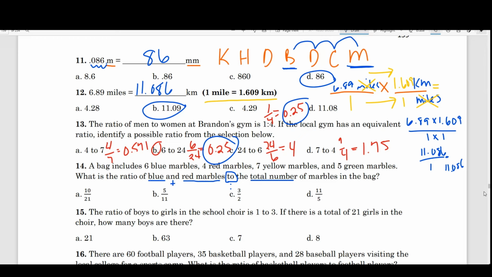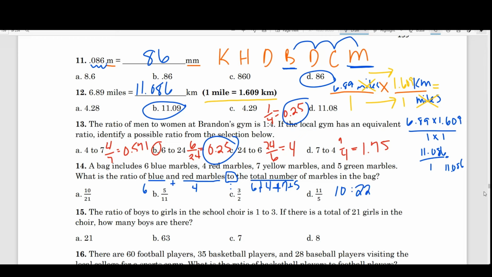All right, so I had 6 blue and 4 red, and then all together we're saying 6 plus 4 plus 7 plus 5. So we know 6 and 4 is 10, and 6, 4, 7, and 5 is